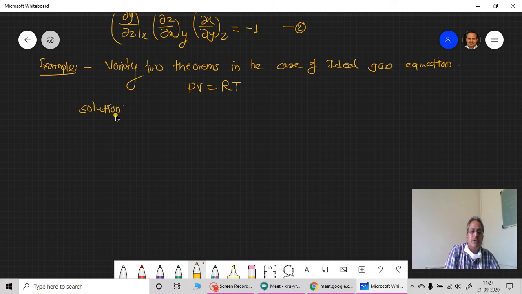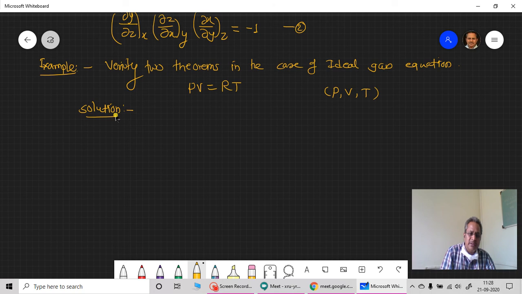Okay, so let's go for a very simple solution. You also can do it very easily, as we have been given PV is equal to RT. Here R is a constant, not a variable. So P, V and T are the three variables: pressure, volume and temperature. These are three interdependent variables, so one depends upon the other two. If V and T are given, we can calculate P. If P and T are given, we can calculate V. So we can do all these types of calculations very easily.